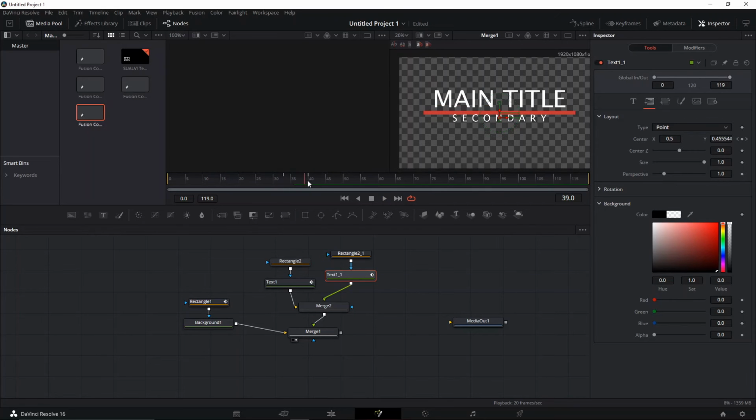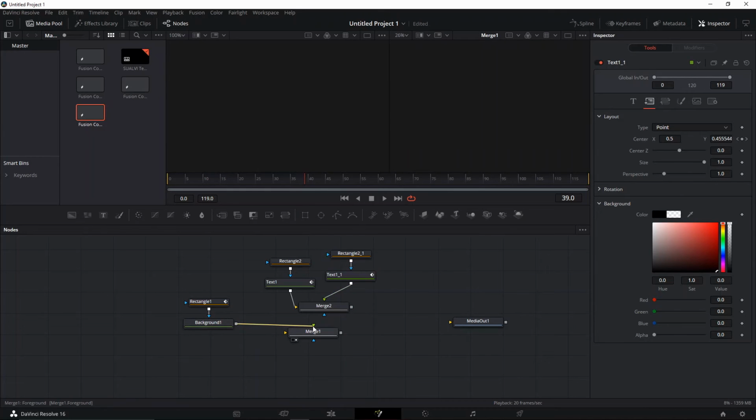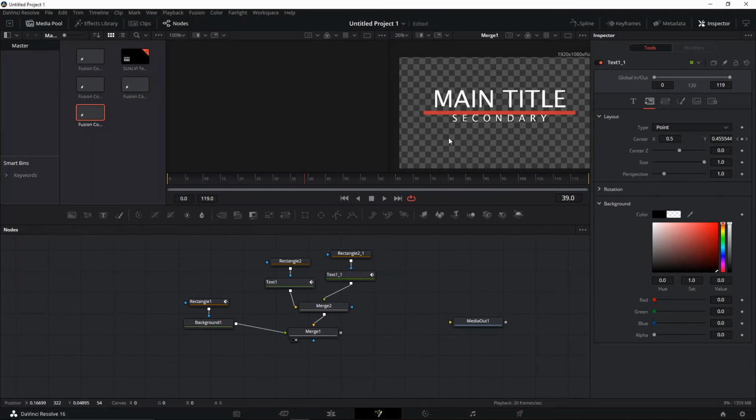But you see here, it's showing up as if the text is coming from on top of the line. The problem with that is that this is shown as a foreground. But if we change this and have the line as a foreground and these merge as a background, the line should be coming from behind it. There it goes. And we're gonna add